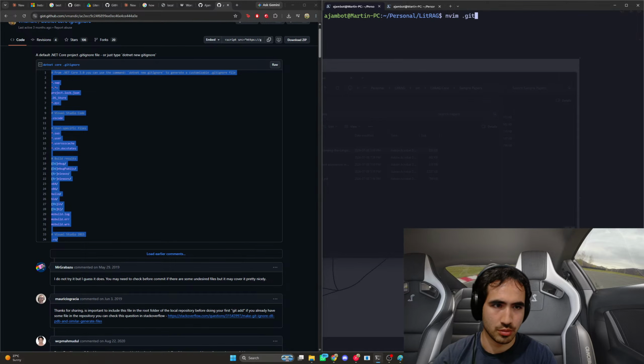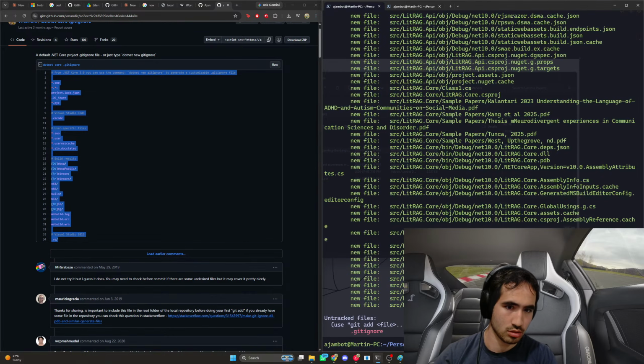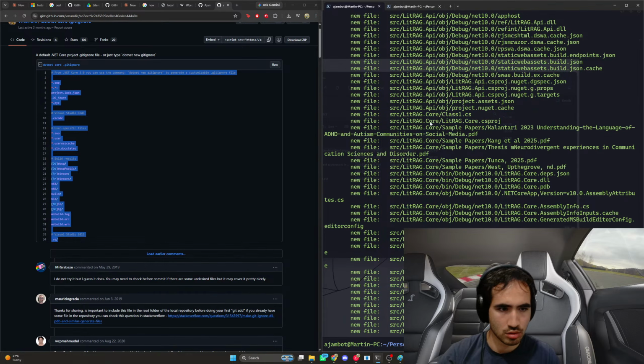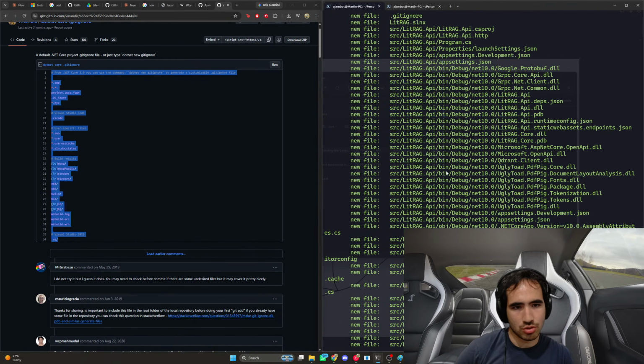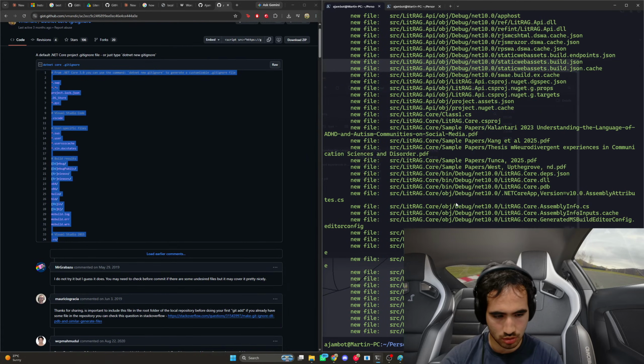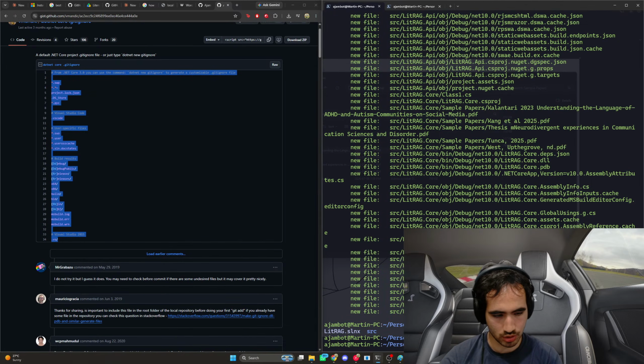So then .gitignore, paste that there, then git status. Yeah, see, I feel like there still shouldn't be this many files, so git rm --cached. Or no, I think even easier is just rm -rf .git. Then if we do git status, it's gonna say nothing.